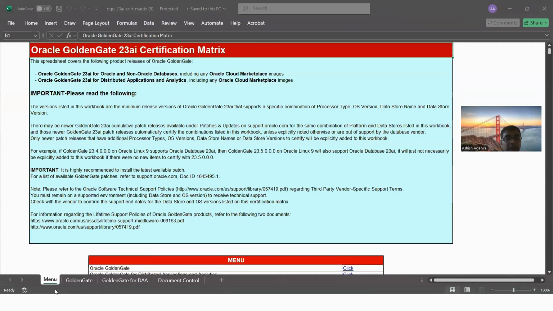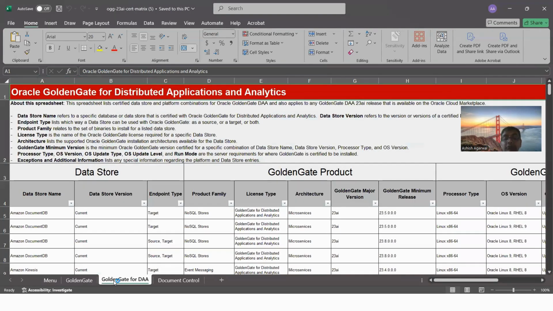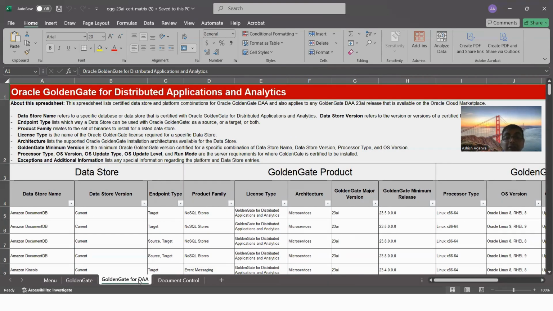Now here we'll click on GoldenGate. GoldenGate for DAA, if you see, is for GoldenGate for big data and NoSQL, etc. GoldenGate for DAA stands for GoldenGate for Distributed Analytics. You see two tabs here, GoldenGate and GoldenGate for DAA. The GoldenGate certification matrix is for GoldenGate data related to the database, and GoldenGate for DAA is for Kafka,